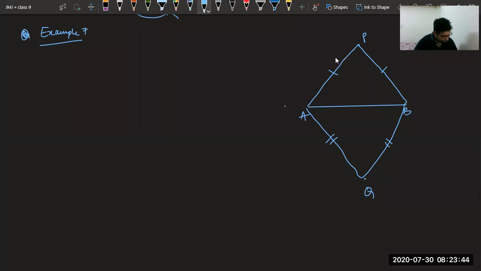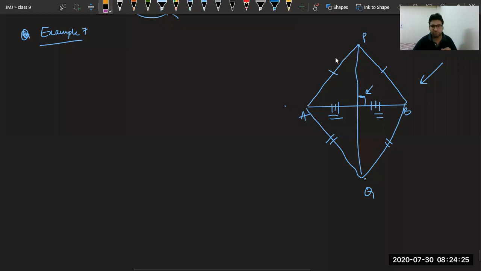Now, show that PQ is perpendicular bisector of AB. We have to prove that PQ is perpendicular bisector of AB. One more thing, whatever you have to prove, never ever show that thing on the diagram, because that will confuse you that it is given to you. Suppose you want to prove this as a perpendicular bisector, but you take it as given. So don't make these diagrams, or this also. If you make it like this, it will confuse you that it is given to you. You have to prove this thing, it is not given to you. So let me rub this.